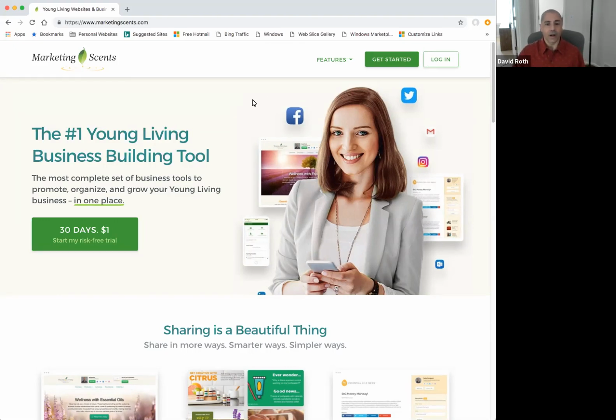Okay, here we are at the home page of Marketing Sense. And you'll notice in the address bar, marketingsense.com. If you don't already have an account with Marketing Sense, this is where you would come to sign up and get your own account. If you already have an account, then this is the page you would come to log into your back office. So if you don't have an account, you would come to marketingsense.com, click on Get Started, and